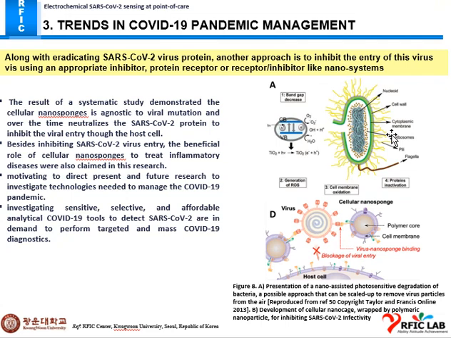This is the inhibition of entry into the host cell. It means we have the ACE2 receptor. If we block the ACE2 receptor using any protein, antigen or any kind of biomolecule, then we can stop the entry of coronavirus into a host cell and avoid the transmission of the virus from one person to another person.